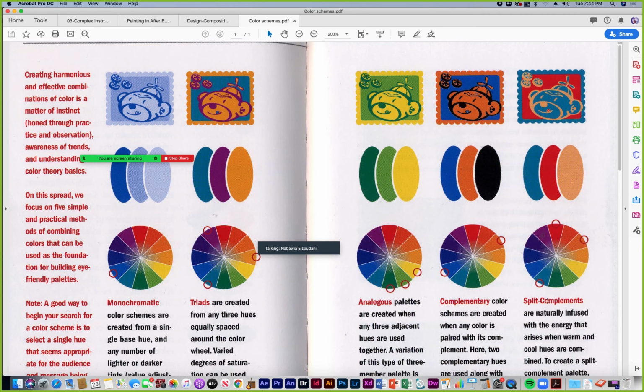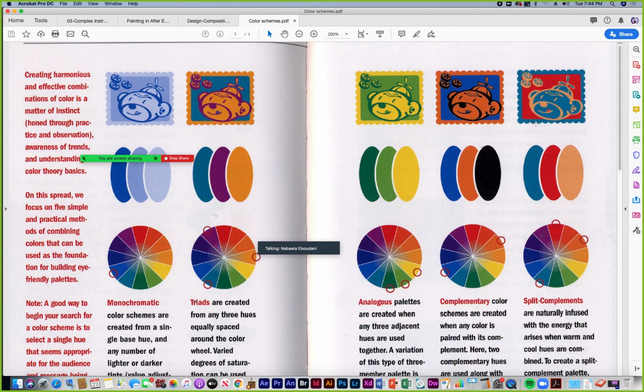In this case, this last one is an example of a split complement, where you choose one color on the color wheel, and instead of choosing the exact opposite, you choose the colors on either side of the opposite color. So the colors on either side of the complement. So here we have a blue-green, and instead of using the opposite of blue-green, which would have been red-orange, they are using red and orange. And this would also create the phenomenon of simultaneous contrast if the colors were all at equal value.